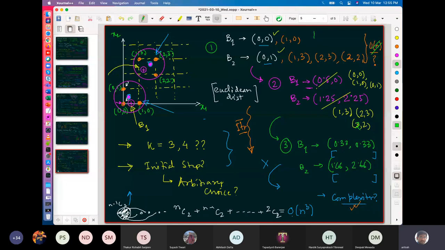See, there are k baskets. Try to think in this way. There are k baskets. A point has to go to the nearest one. How do I get it? K into n. The naive algorithm is k into n. You are right, naive is k into n. I have to compute the distance to each of the k for all n points one by one and find which is the nearest. Still better than order of n square, even if this iteration takes n times, because k is obviously much smaller. It's a constant much smaller than n.